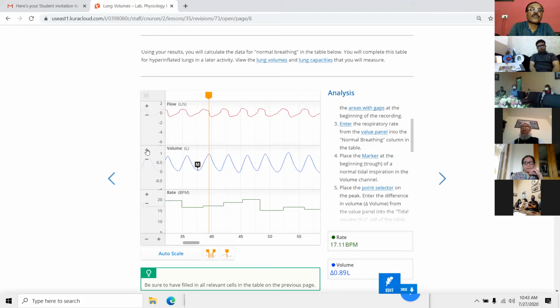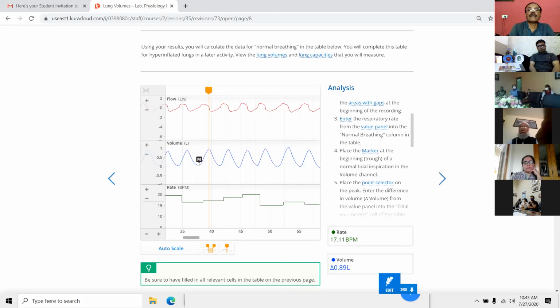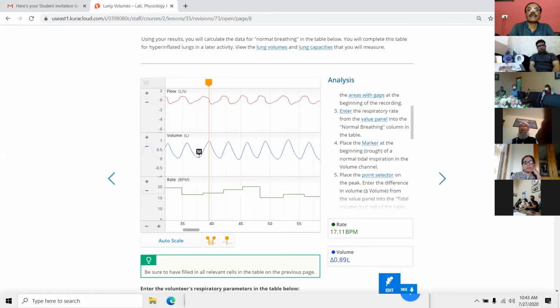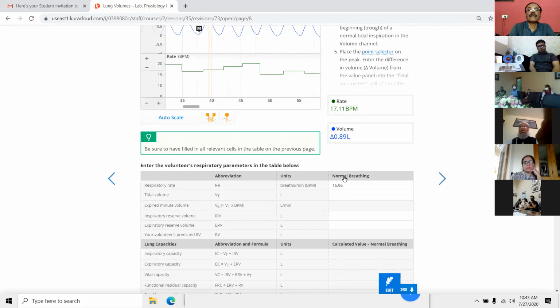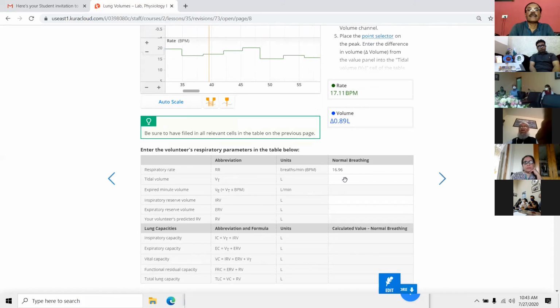So you can place these cursors properly at your desired point. So this is the tidal volume. Also, this increase, normally it is 0.5. So if you take a few tidal volumes